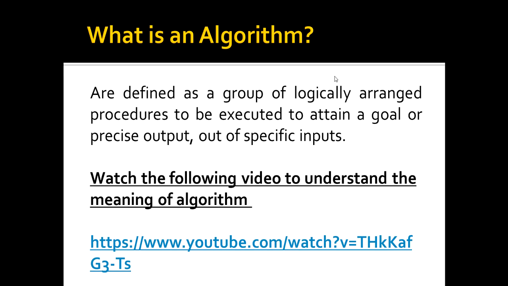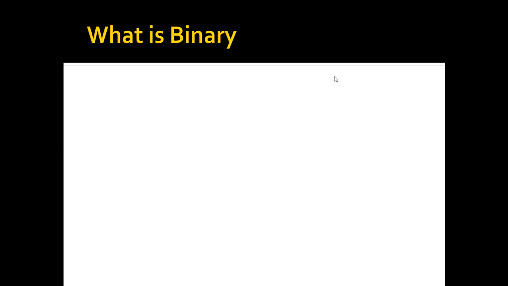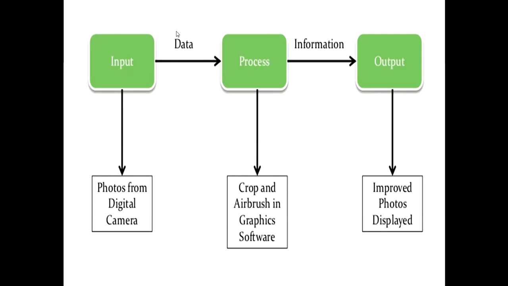To write the algorithm, you need to identify the main 3 points. 1, your inputs. 2, the process you're going to do to transform the inputs into outputs. Remember what we said about computers? We said computers are programs that input data, process them, and output them in the form of information. So as long as we're going to describe the task or the problem that will be done by the computer,